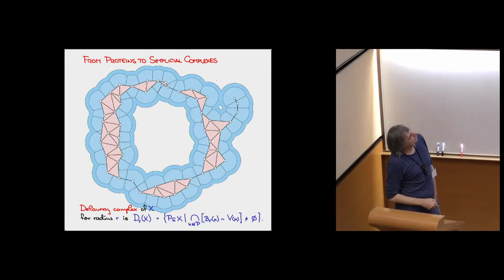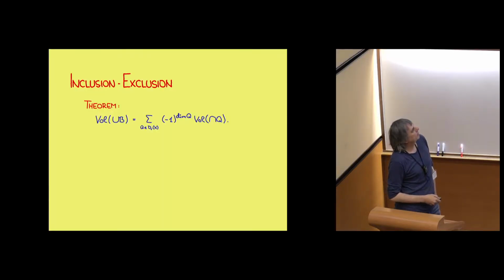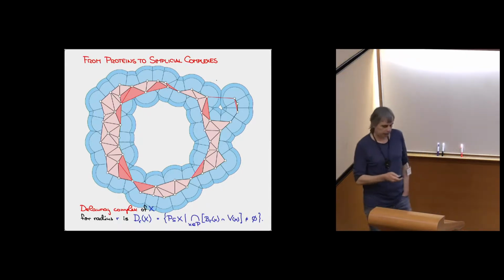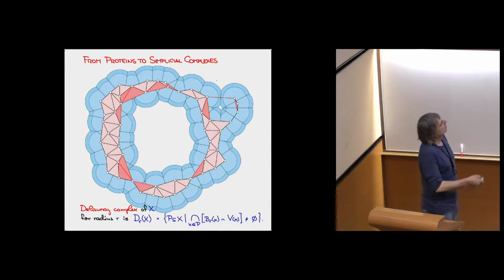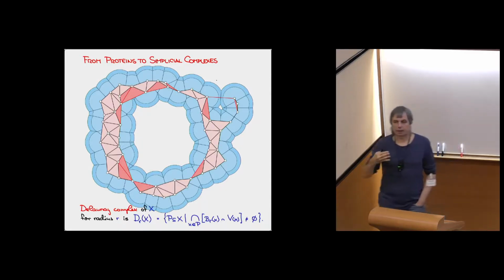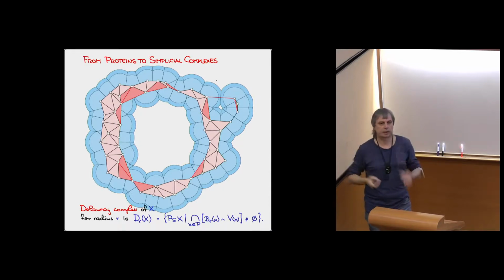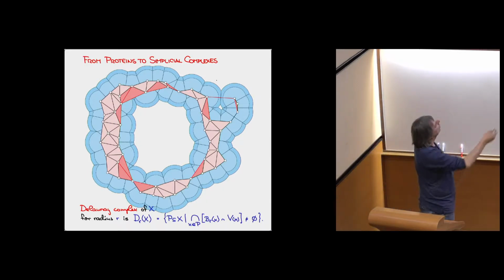If I increase the radius, you see the union of disks grows. I can extend my Voronoi domain, and then I add a few simplices to the Delaunay complex. Here I want to point out that most of the added triangles, which are darker here, are anti-collapses, which means a triangle comes together with an edge. It really just thickens the shape. The connectivity otherwise does not change.